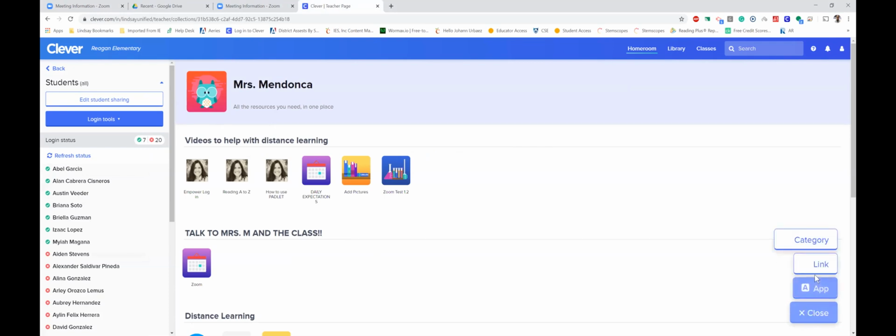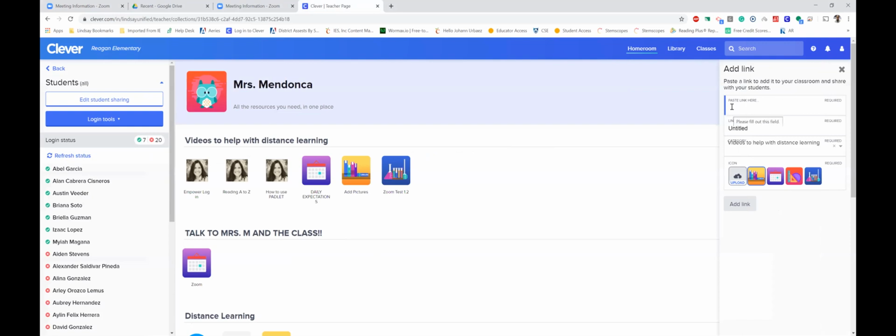Once you do that, you will click on link, and you will paste the URL from Zoom right here. You give it a name, and from there, you will add the link, and it will show here on your resources for the learners to see.